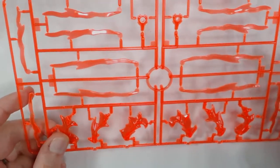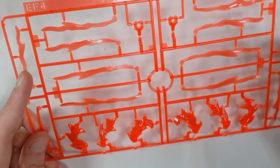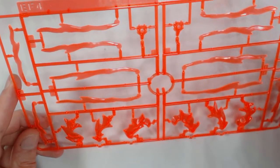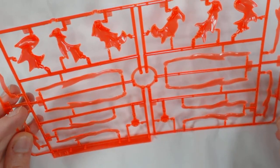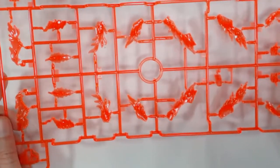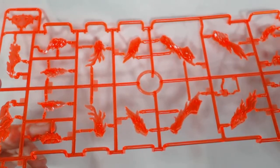Let's see here. Runner EF4, more flame effect parts. These are for that backpack piece. These pieces, I believe, attach to either the kick or the fist punch. These I'm not too sure, I think they're attachment pieces for these. And let's see here, EF5. Imagine that, more flame parts. Yeah, so you get a lot here. The backpack piece. It looks like, as long as there's room in the frame, you should be able to